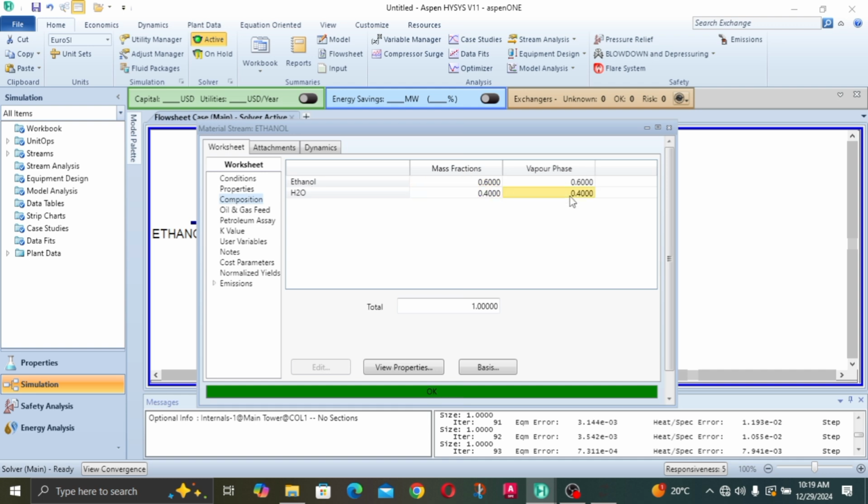Wow. With our current temperature and pressure, which was given by Aspen Hysys. Actually, we specified the pressure, but then Aspen Hysys gave us the temperature, and we specified the vapor rate, that's the vapor fraction. We have 60% ethanol in the ethanol stream, and then 40% H2O, meaning we did a lot of evaporation